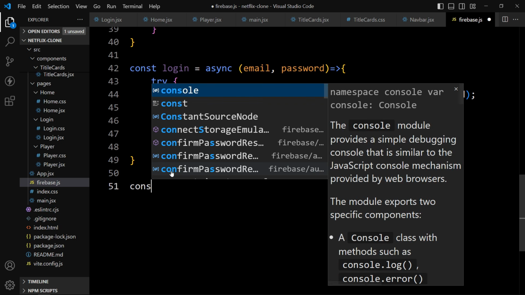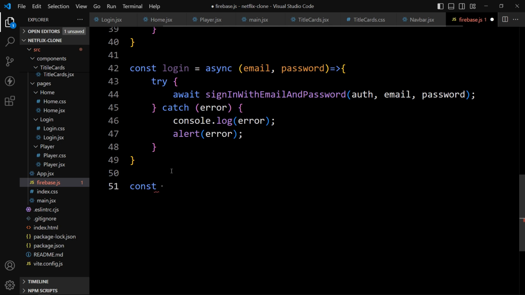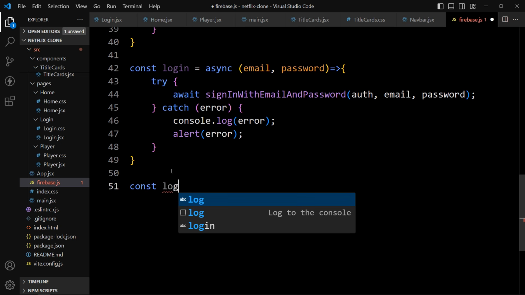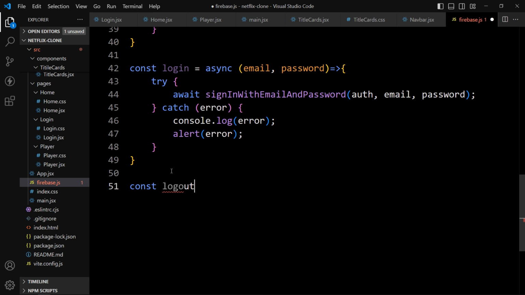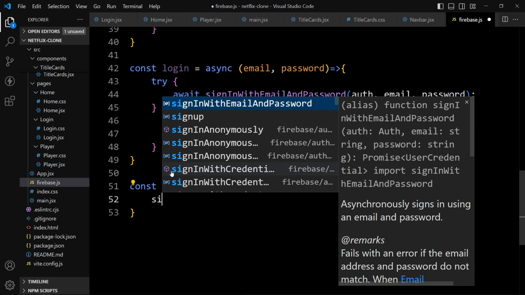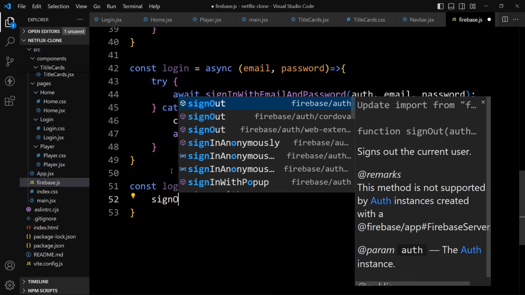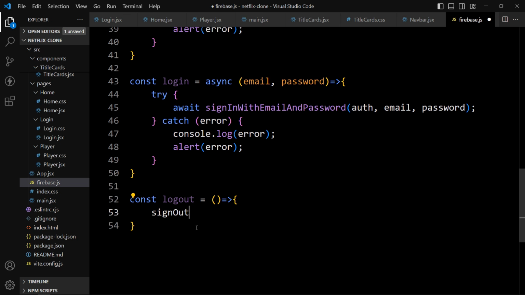So just add const. It will be logout. Let's add the arrow function. And in this one, we will simply add sign out from this Firebase auth package.